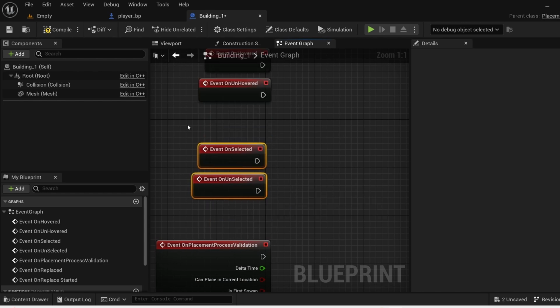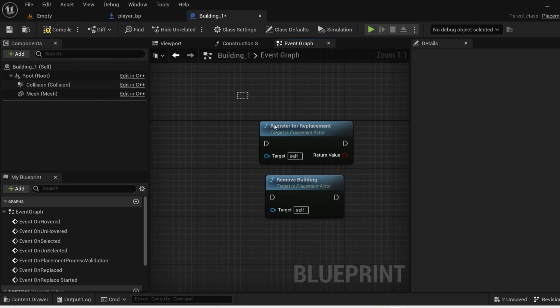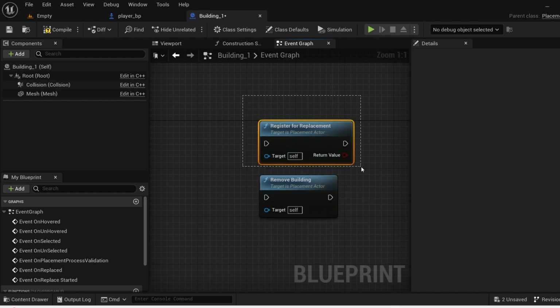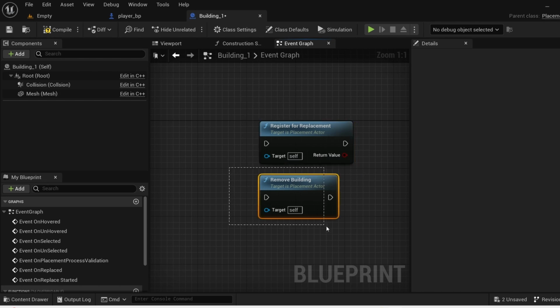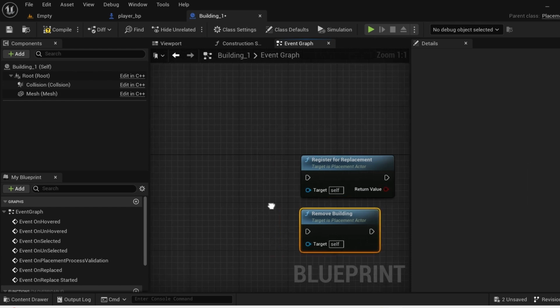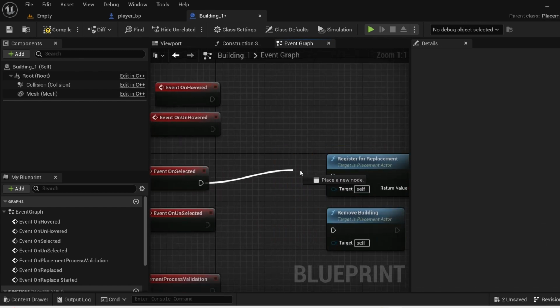So let's use this on select function for a useful purpose. We have two functions: one of them is responsible for starting the replacement of this building and one of them to remove this building. So if you call any one of these, this one will start the replacement. Let's say you want to move the building, you can call this one, and to delete this you can call this one. Now let me call one of these when we select. Let's say we want to